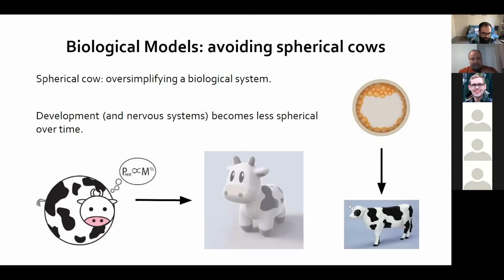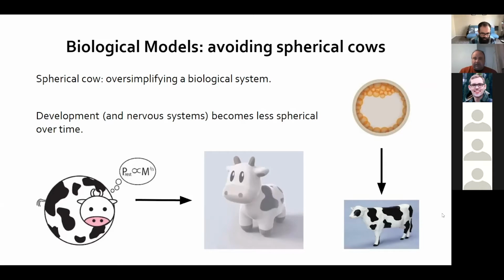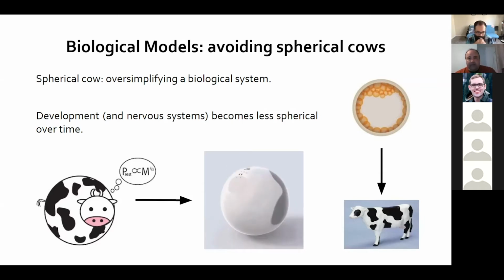Development actually is interesting because it's actually a sphere, and it's actually a spherical cow at some point. Embryos are spherical. But over time, they become these asymmetric organisms. And so the question is, in embryology specifically, you want to go from that spherical organism to a highly asymmetric organism. And so some of our work has been surrounding this process of developing asymmetry. How do things become more asymmetrical over developmental time?